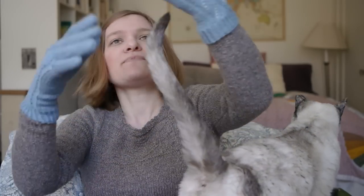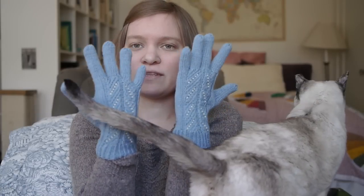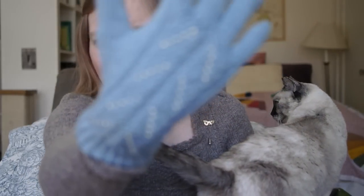Sorry, the pets are trying to sort out how they're both going to fit in my lap. Okay. So here they are. They're showing up as a little brighter blue than they are in person. And here's the beading,